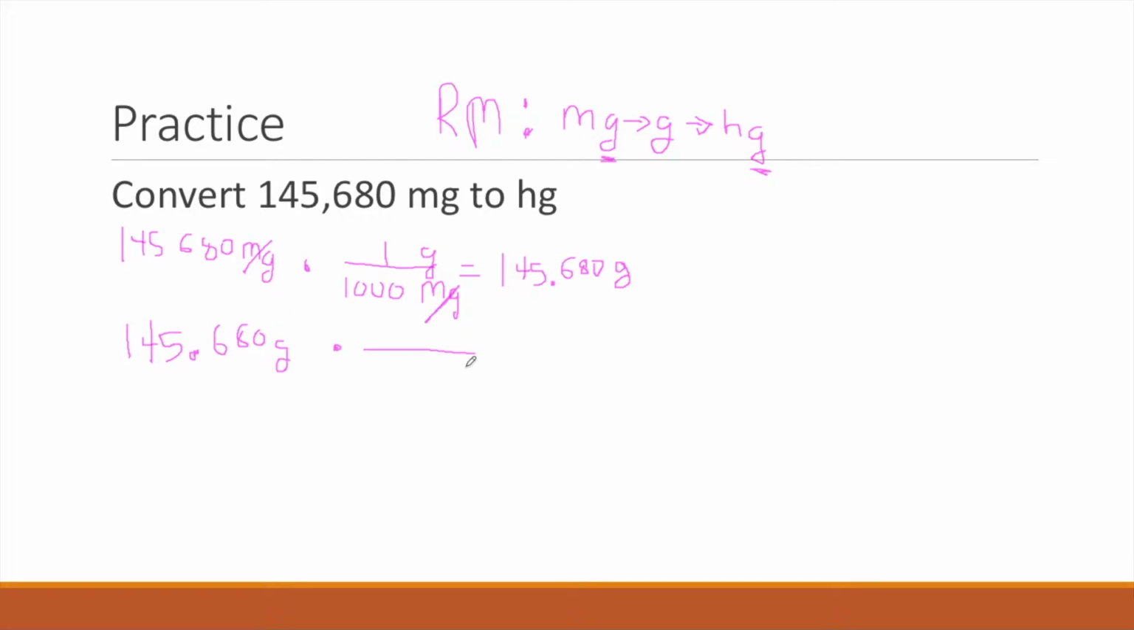So remember, grams is on top, so grams need to be on the bottom, and my unit on top of my conversion factor would be hectograms. If I look at my chart, I know that for every 1 hectogram, I have 100 grams. My gram units will cancel out, and when I do 145.680 times 1 and then divide by 100, I get